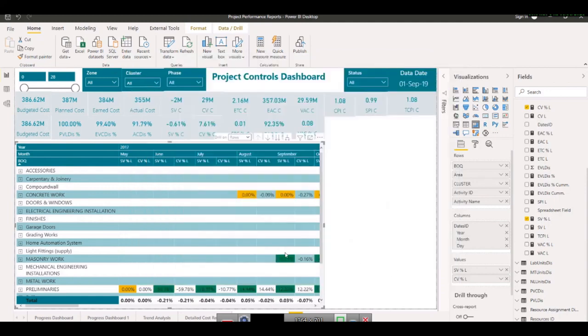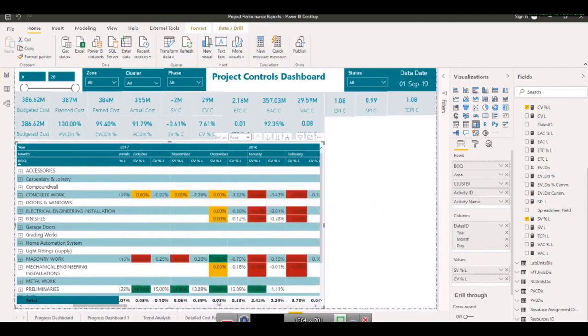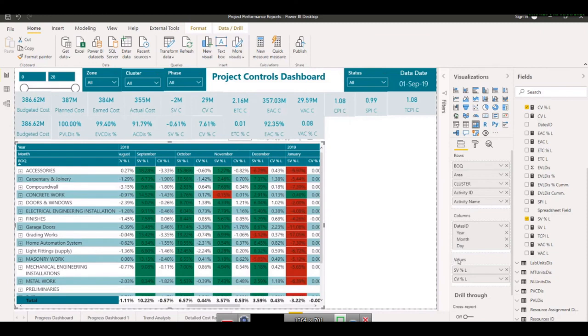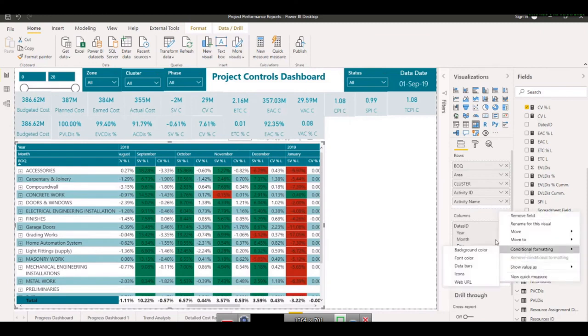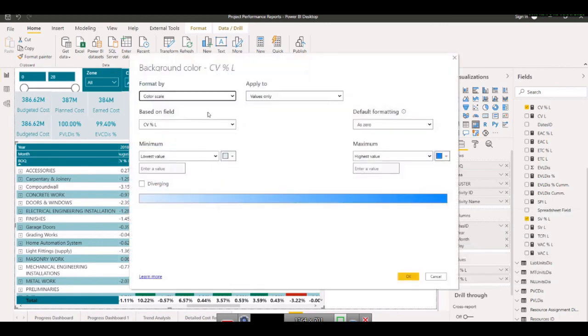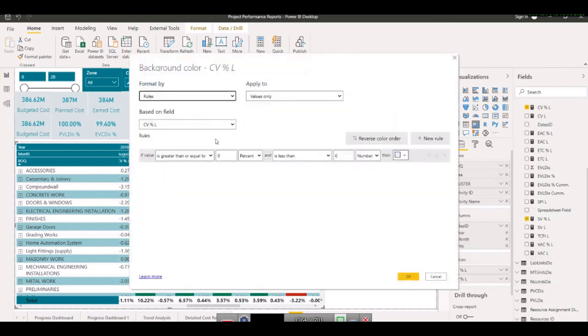Okay, so now we can see these colors are appearing here. The same we will do for the cost variance, percent labor. This rule is equal